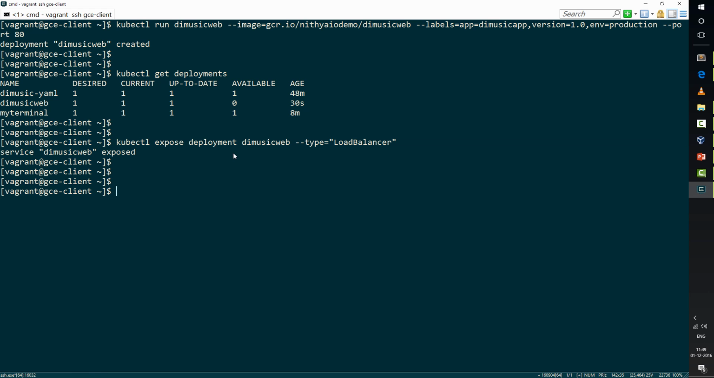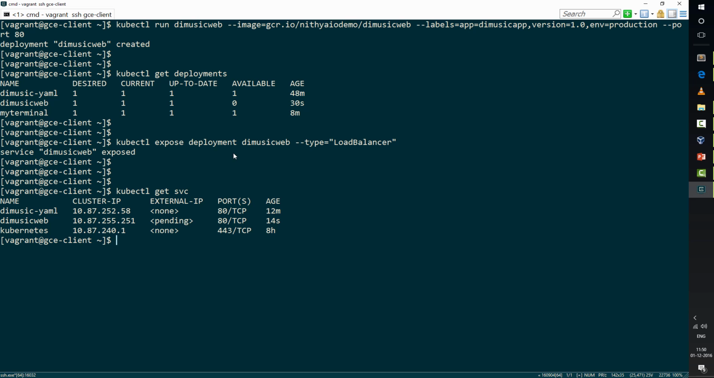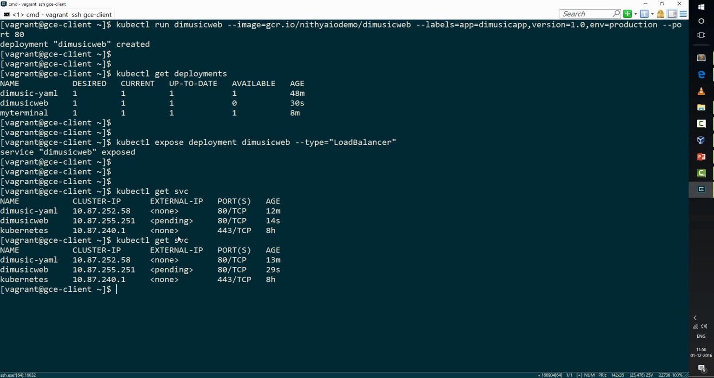So let's see. kubectl get services or svc. So you can see that now it is trying to create the external IP. Previously it was not trying to create, now it is trying to create. So it will take a minute or half a minute, because it is going to spin it up,